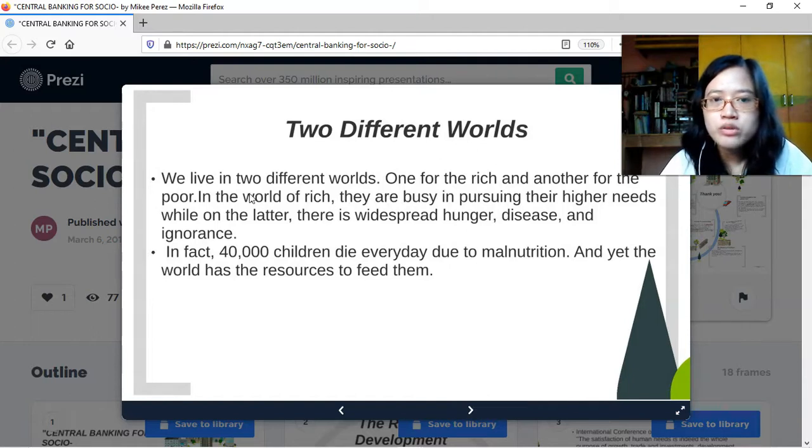Two different worlds. So we live in two different worlds, one for the rich and another for the poor. In the world of the rich, they are busy pursuing their higher needs, while in the latter, there is widespread hunger, disease, and ignorance. Okay. Majority of the Filipinos consider themselves as poor, and when you look at it, there is actually